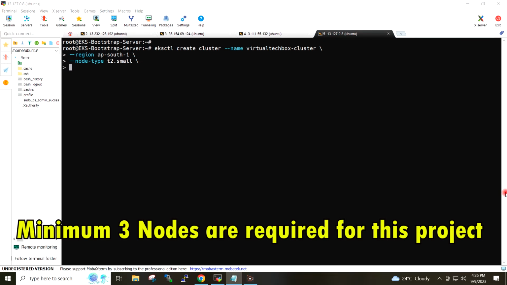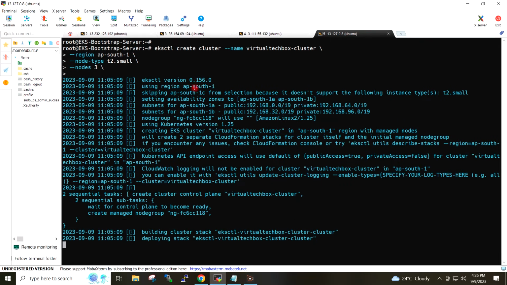I will give the node count which is 3 in my case. This EKS cluster creation will take some time. I will pause the recording here and I will resume once it is completed.